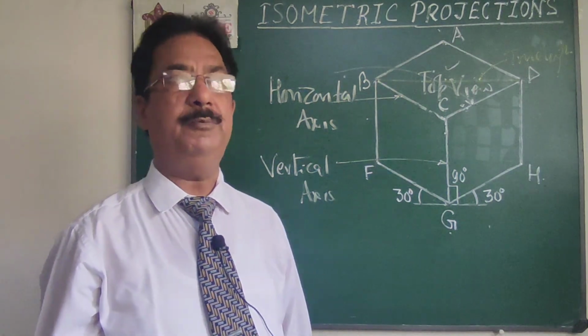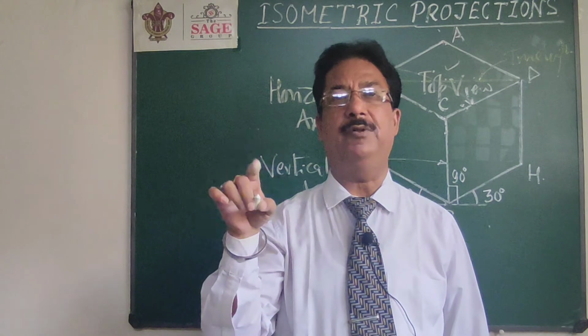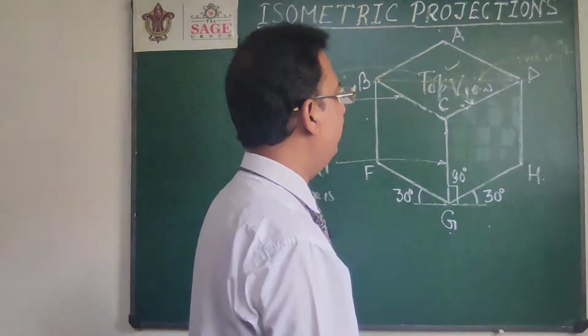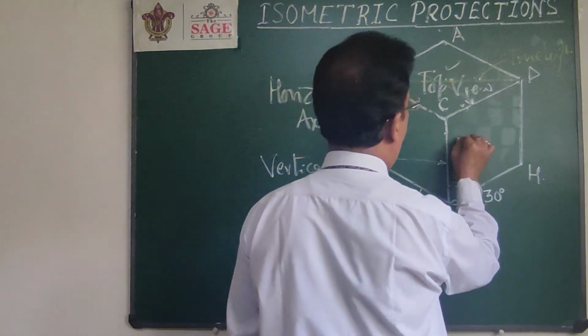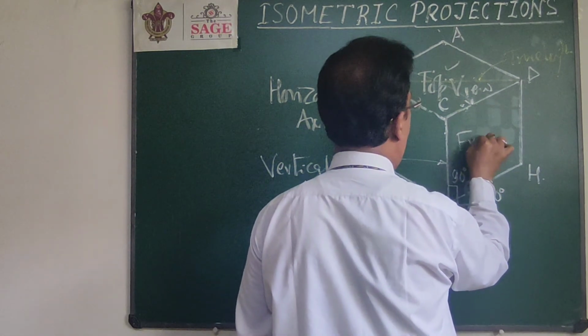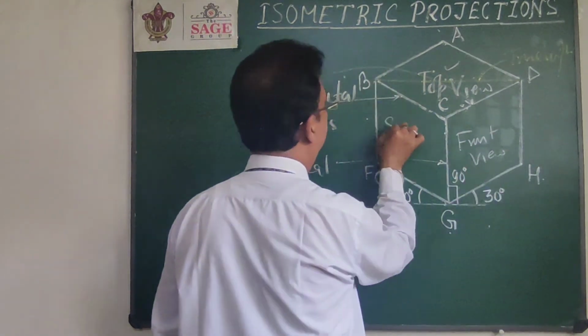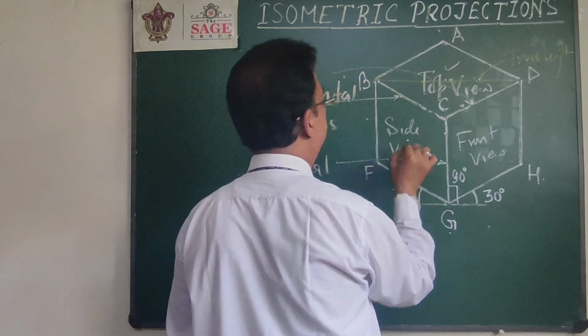If that square is the front view, then one side will be perpendicular to HP and another will be parallel to HP. So I will use one vertical axis and one horizontal axis. So this will be the case when the square is seen in the front view. And this third option is similar to that one, and may be used when the square is in the side view.